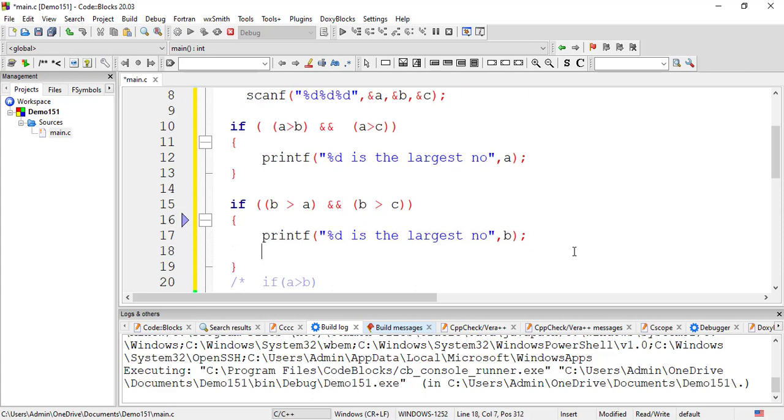I am not looking at the else if and other aspects right now. I just want to explain how you can use the logical operator, logical AND.